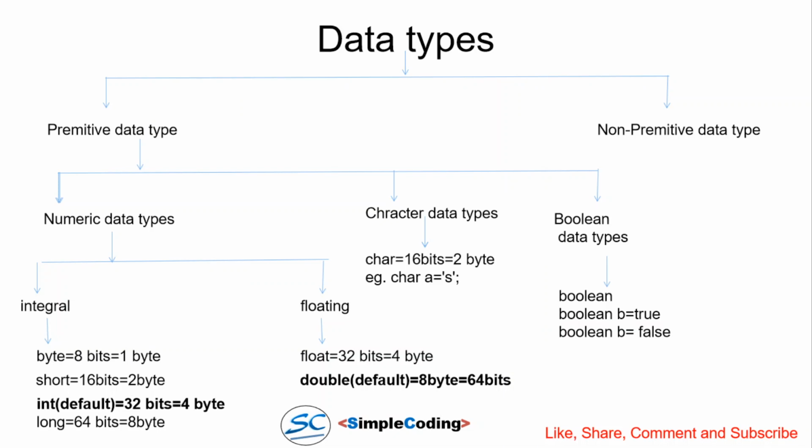Next we have the boolean data type. Boolean can store only two values, true or false. Next we have the non-primitive data type. In non-primitive data types, we use String. When we compare with the character data type, character can store only a single character value at a time, whereas in case of string, we can store multiple characters at a time. Likewise, we have multiple non-primitive data types. We'll discuss these in further videos.